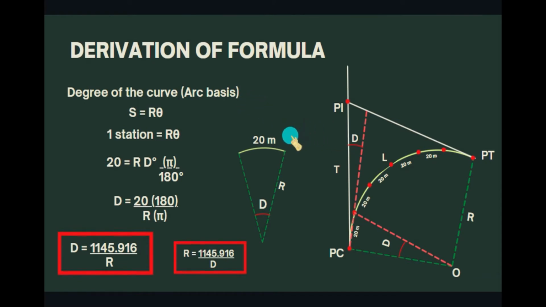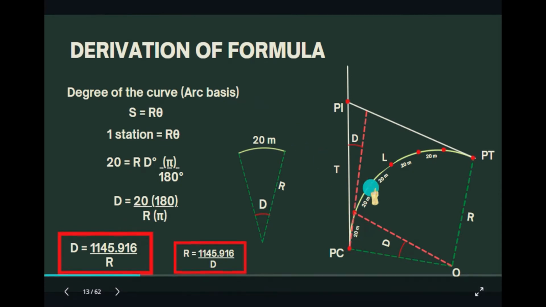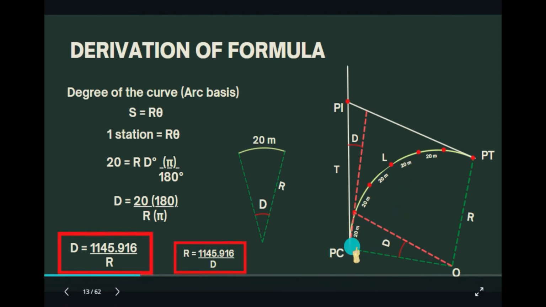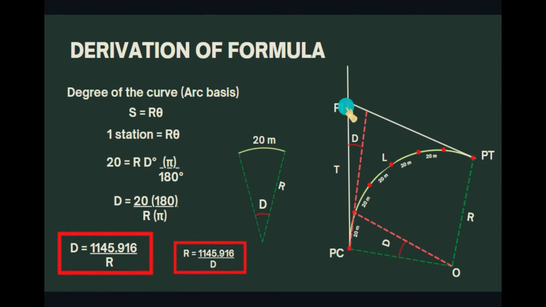The purpose of the degree of curvature is to locate the points along the curve. In laying out a simple curve, we usually use PC as the initial position of our instrument. In locating the points, we position our telescope and line of sight parallel to the tangent line. Once we find the PI, or the vertex, we set our horizontal angle to 0, and then we deflect. The deflection angle formed is where our point is located. The red points here are our stations, and in DPWH, the distance from station to station is 20 meters